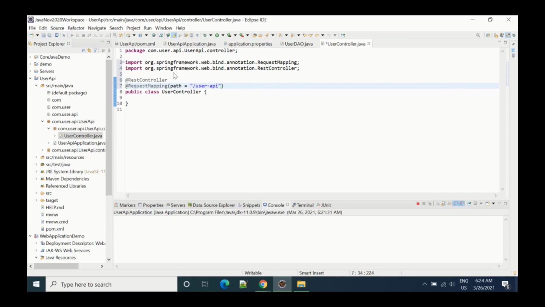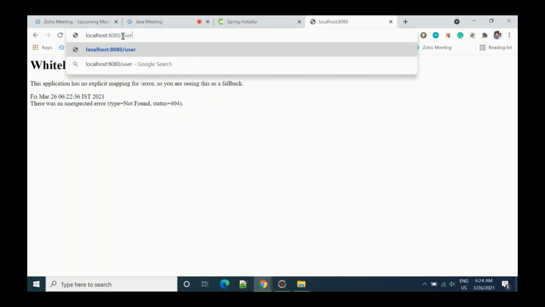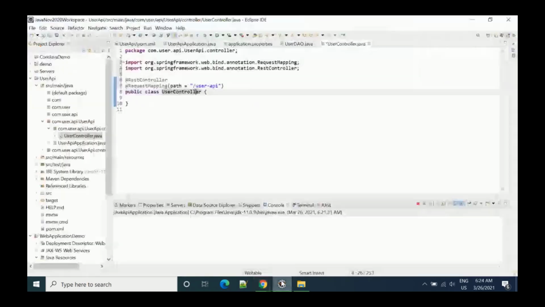So this will be our path. Whenever you run your application, after localhost:8080/ you have to write userapi/. After that only it will work. So you have to append this user API, right? And then that request automatically reaches this. Spring Boot will identify that if you are using RestController, then the request will directly reach this particular class.